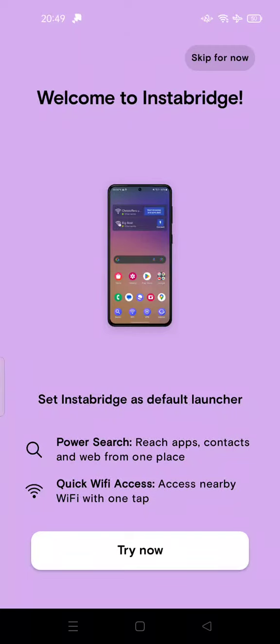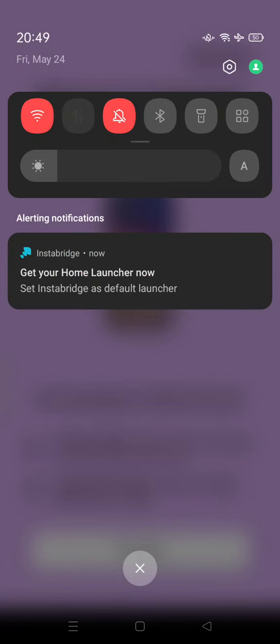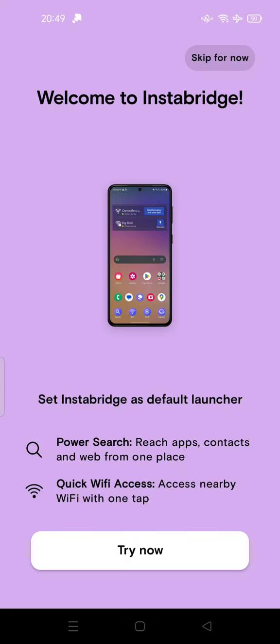Today I'm going to show you two ways how to uninstall the Instabridge app on Android. So let's get started. If you use this app, Instabridge, as your quick Wi-Fi access to nearby Wi-Fi with one tap, you will get a notification every day, every time, to set Instabridge as your default launcher. So I don't want to